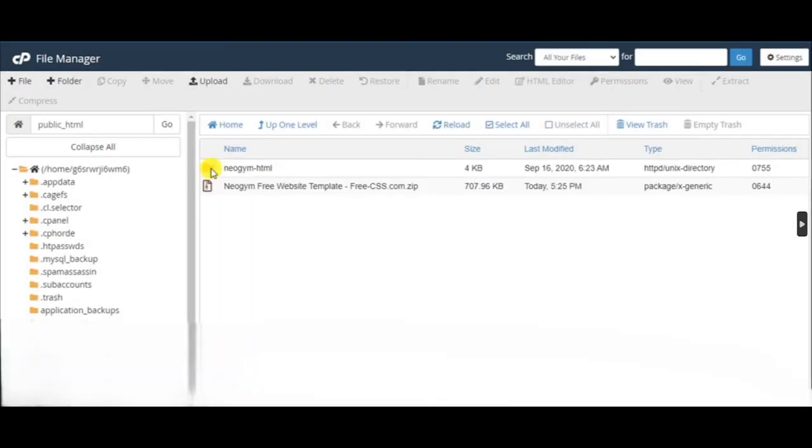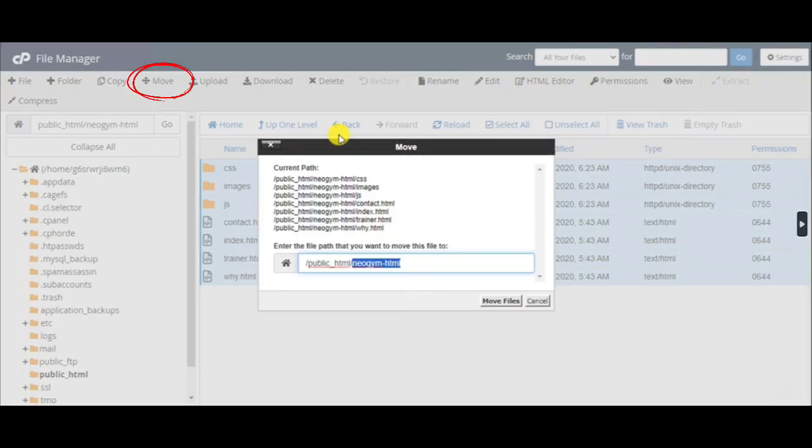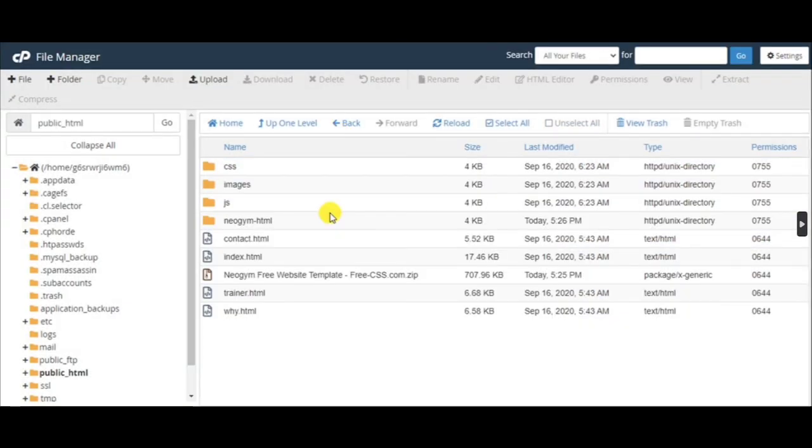Next, click on this folder and select all the files inside and click Move. In this pop-up, remove this part and keep the public_HTML, then click Move Files. And that is how you can upload a website on